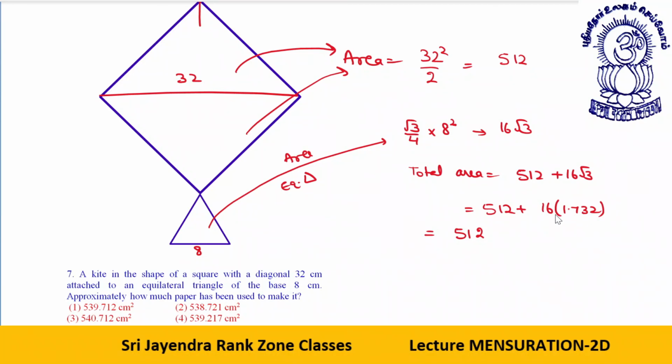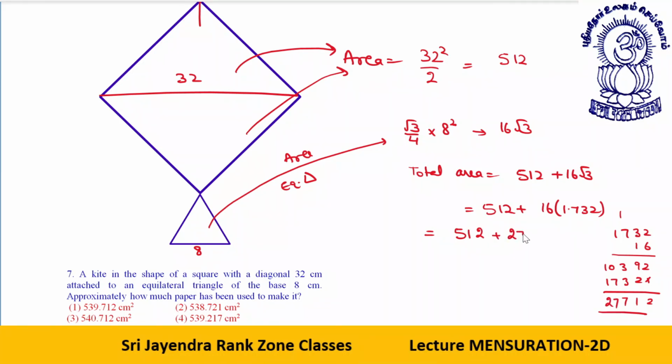Okay, dear students, see, this is like 1732 into 16. Okay, let me do 6 into 32 is 192, 1 carry. 6 into 17 is 102. 102 and 1 carry is 103. Then it is 1732. Let's see what values come. This is 2, this is 1, this is 7, this is 27.